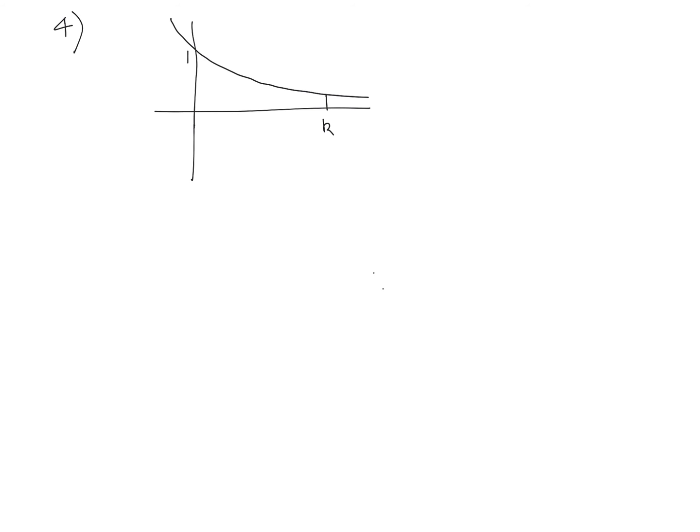And the region R, this is the region R, is rotated 2 pi radians about the x-axis. Here's the x-axis, so we're going kind of round here. Find the x-coordinate of the centre of mass of the solid, and show how it can be written in the form that. Okay, so first of all we want to find